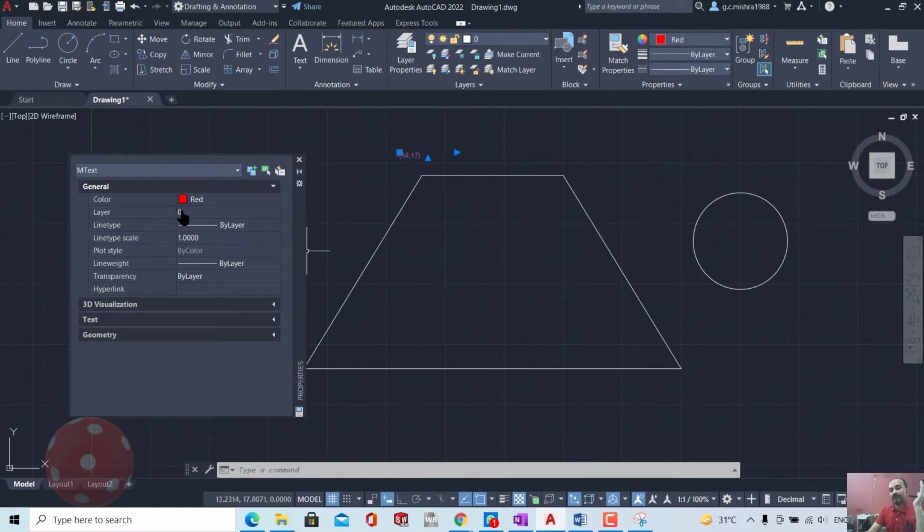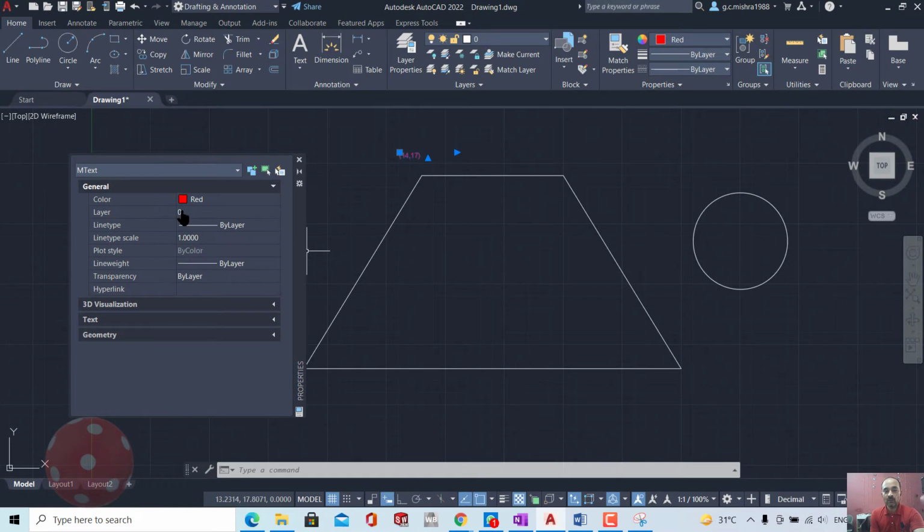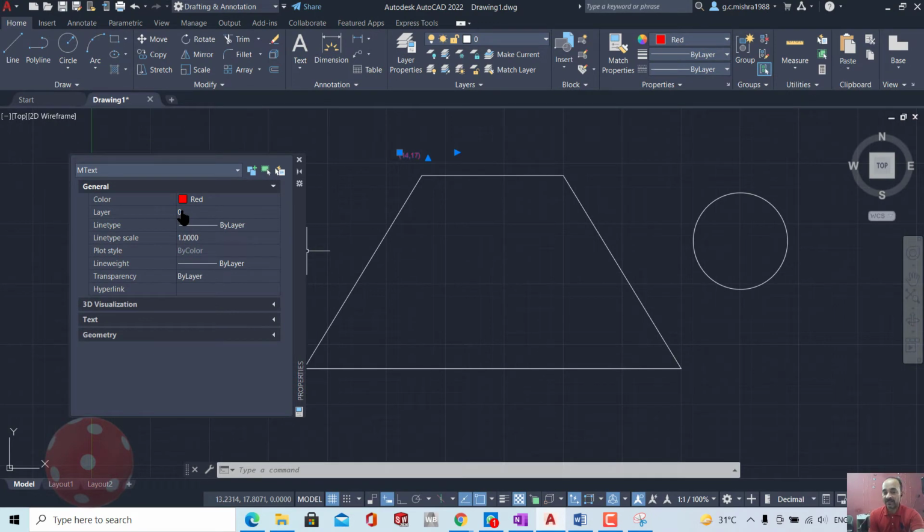Layer means, basically I will be covering layer in separate lecture. Layer shows you that once you are working on 2 layers, you can work on only one. It means when you are working in second layer, the first one is off. You cannot make any change in first layer. So we draw everything layer by layer.